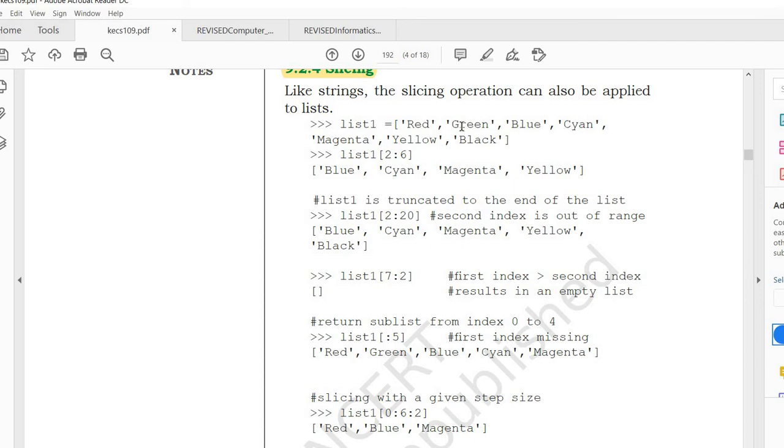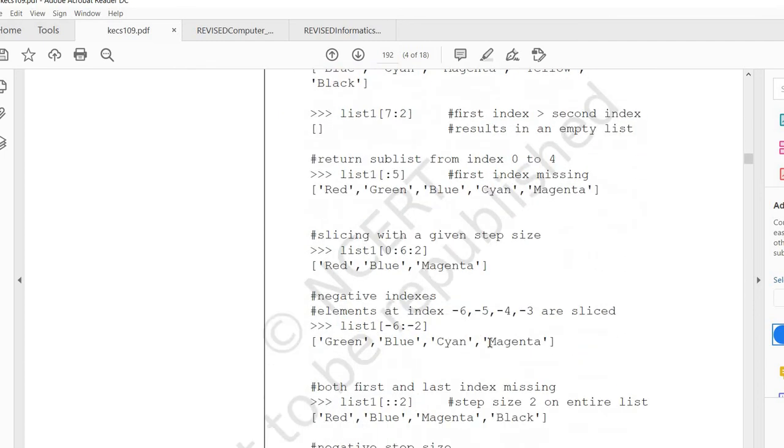So my starting position is -6. We will start from green: -6, -5, -4, -3 and -2. -2 will not be included because we stop just before the stop index. So we will get the result green, blue, cyan and magenta.